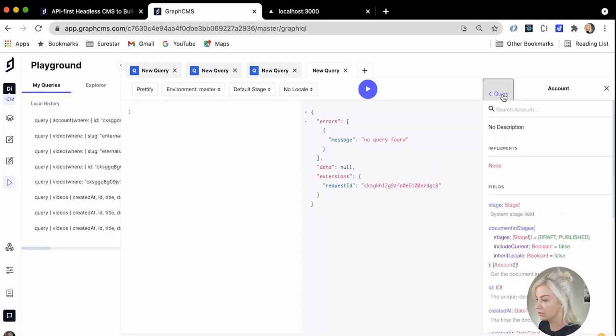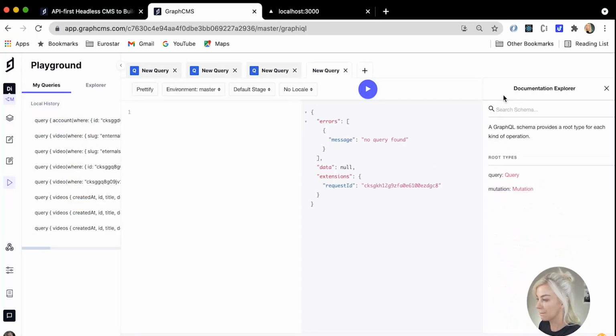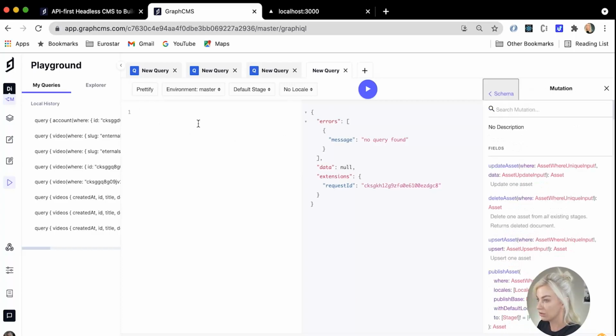So I'm going to go into the mutations. Okay, because we just use the documentation for this, so mutation. And what I'm doing is overriding one of the video elements that I have, one of the video objects, to have seen from false or null to true. So all I'm going to do is essentially use update video. Which video? So I'm going to use where. And I'm going to do it by slug. So if I do JAWS,